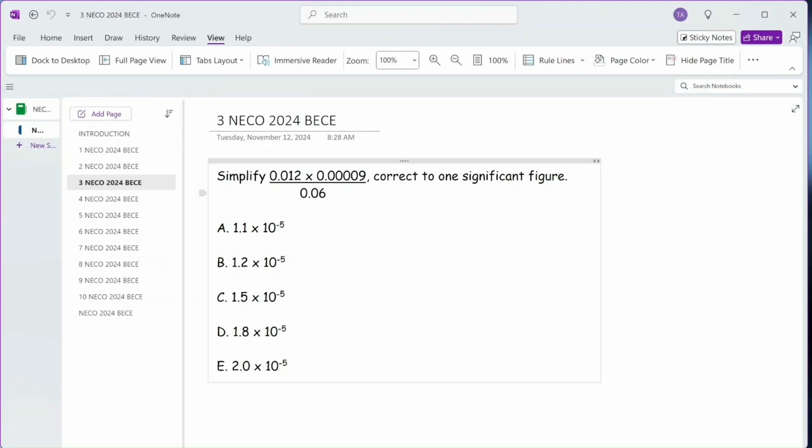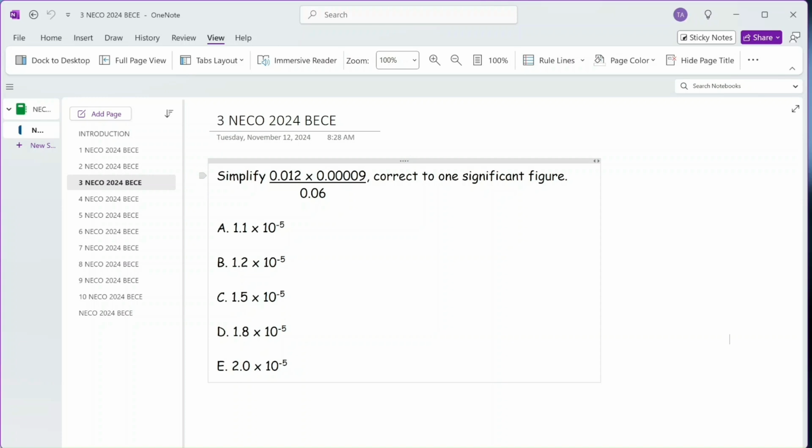Question 3 says simplify 0.012 times 0.00009 divided by 0.06. This is in ordinary form and they want the answer in standard form. Looking at the options. Now what we're going to do, since we're allowed to use the calculator, is we'll use